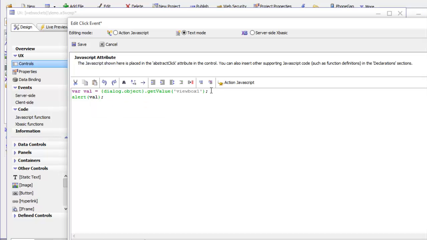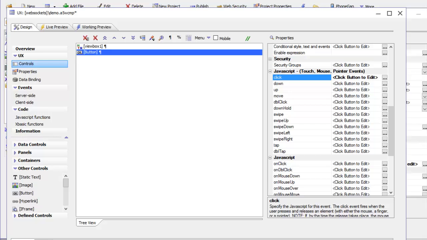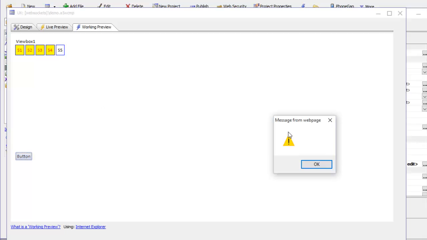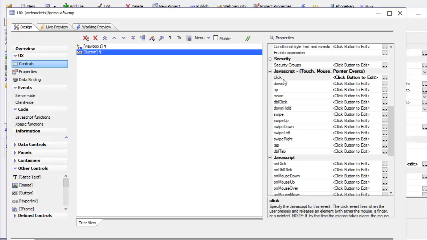we'll be able to see what the value on the Viewbox is, and what we'll see is that the value on the Viewbox is not being set. So if I go there and click on the fourth button, then I click on the value, I would like to see 4 show up over here, but it's not showing up. So let's go back now to our Viewbox,